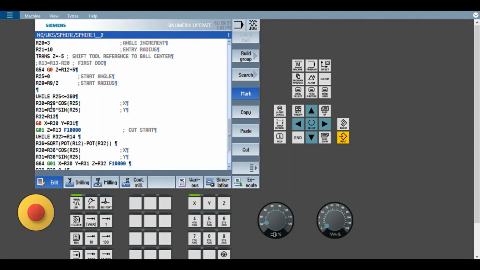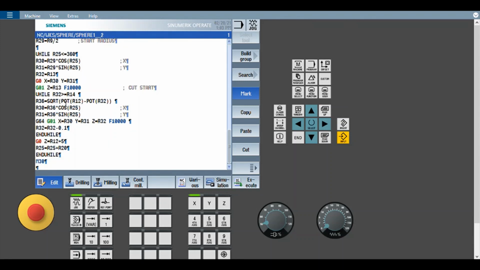So here for each radius, the X and Y components are calculated using R cos theta and R sin theta. Then the start positions are calculated and the tool is positioned there. Z value is positioned.